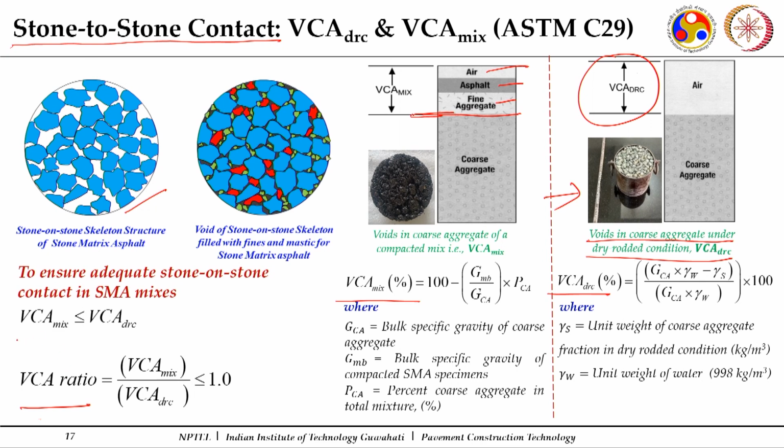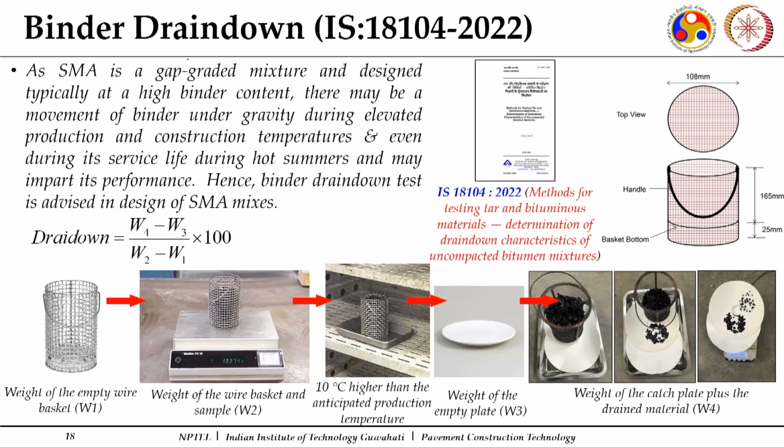It says that voids in coarse aggregate of your mix should be less than in your dry rodded condition. So this helps us to ensure a good stone to stone contact in SMA mixes. And this is the simple representation of your binder drain down test, where you prepare a mix,